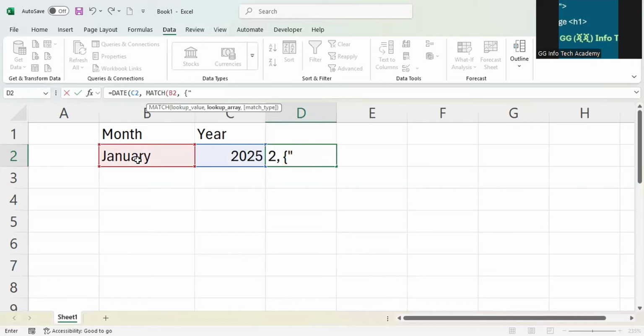So we're going to type all the months here, all the months in quotation marks. So I'm going to type January. Let me just turn off the caps lock. January, close quotation, comma,